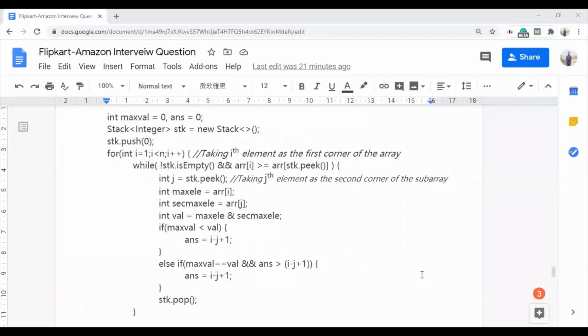Okay, so now we will start forming the subarrays and we will start decrementing the jth pointer, and we will keep on decrementing the jth pointer till we find an index at which the element is greater than the element at the ith index, right?